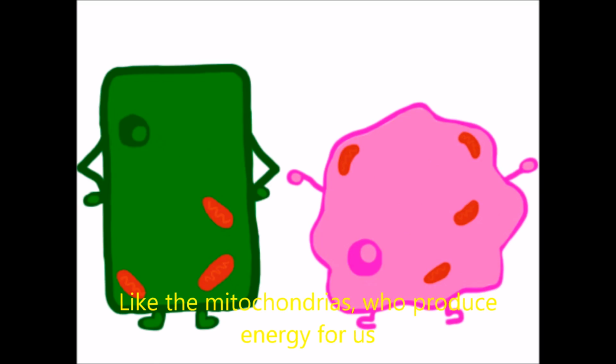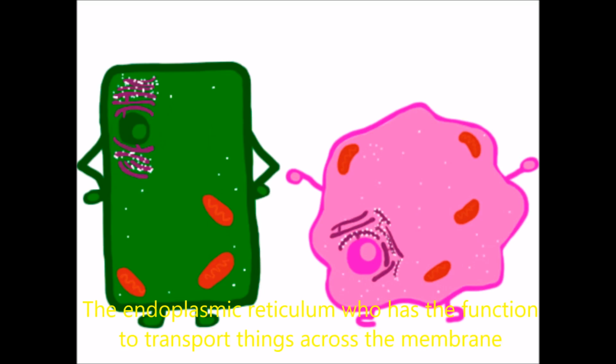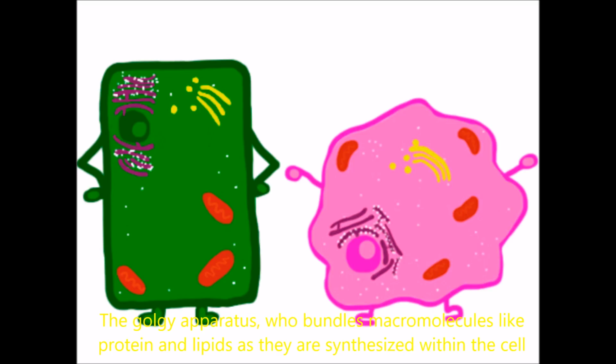Like the mitochondria to produce energy for us, the ribosomes to make protein, the endoplasmic reticulum who has the function to transport things across the membrane, the Golgi apparatus, who bundles macromolecules like protein and lipids as they are synthesized